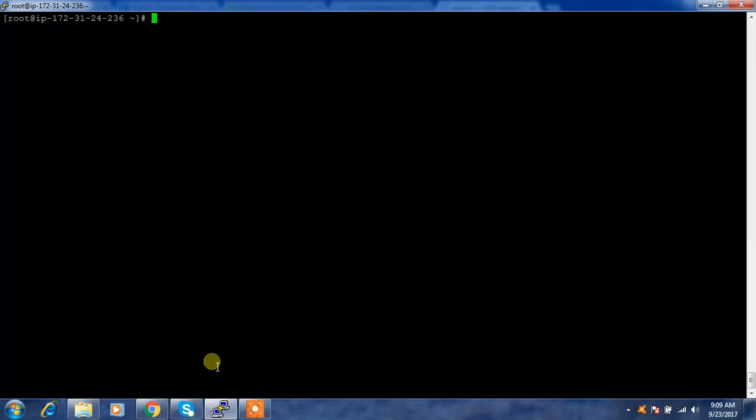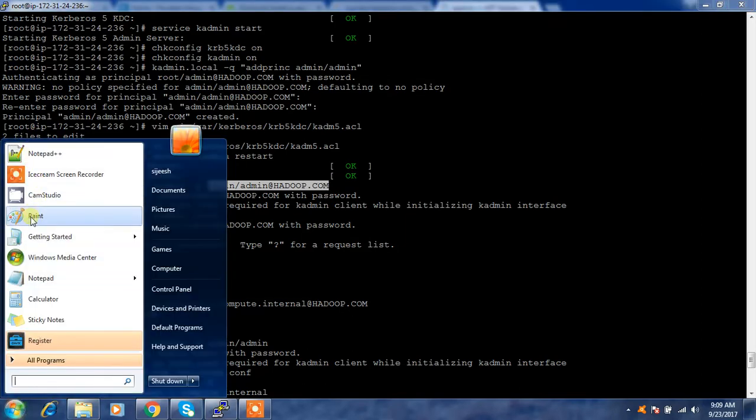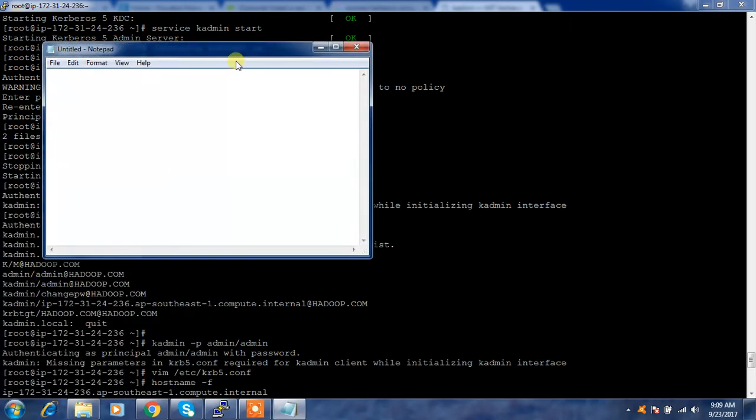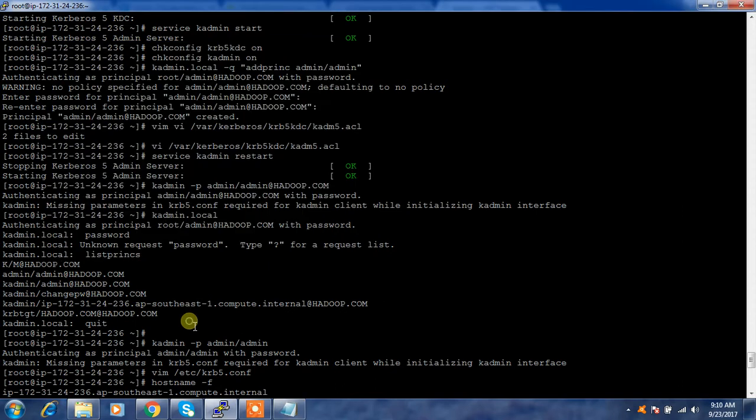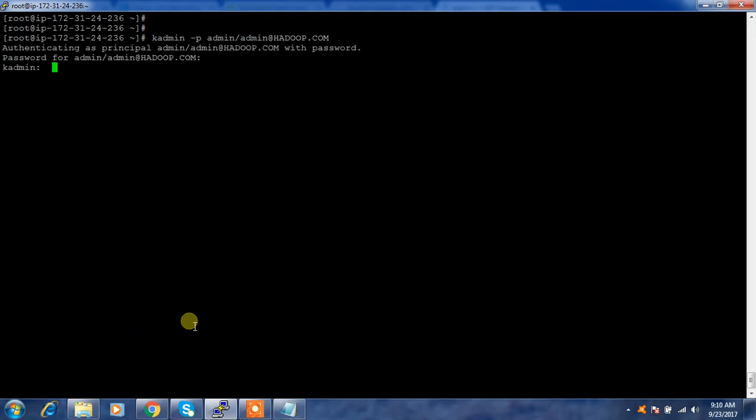Okay, so my admin principal which I created here is this one. So you can make a note of this one and save it somewhere for future reference. Okay, so in this notepad, and its password. Okay, so we need this password in future. So kadmin -p admin/admin at your domain name. So this is how you can connect to your